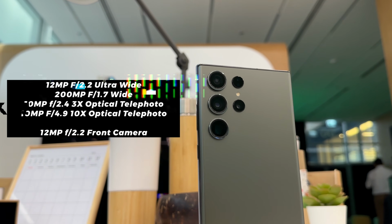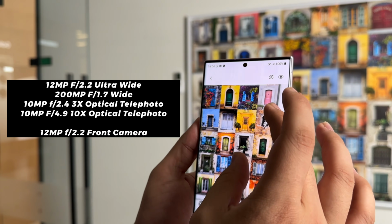Now there's also an update to the camera array, including a 200 megapixel wide camera, and I can't wait to